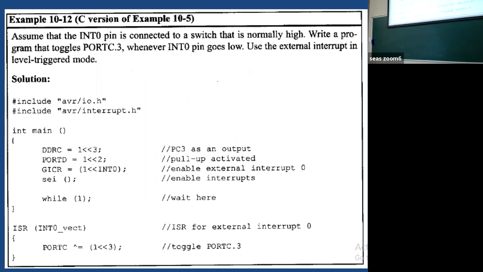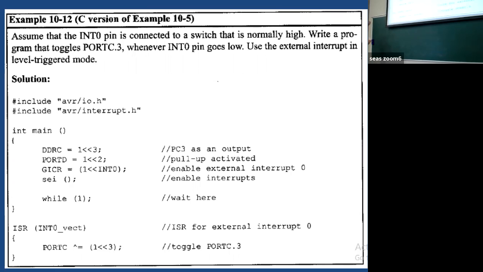For port D, we activate the pull-up. Note this additional point that we want to use the external interrupt, so we want to activate the pull-up. Port D goes there. Then GICR activated, global interrupt activated, and we are just waiting there.